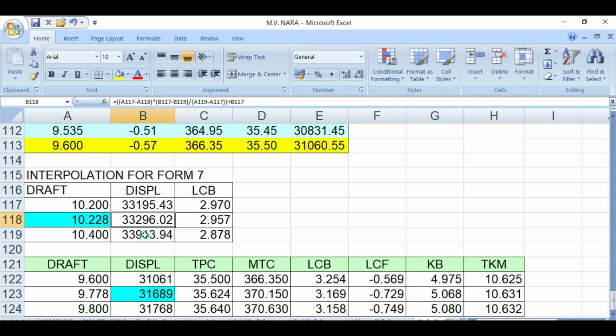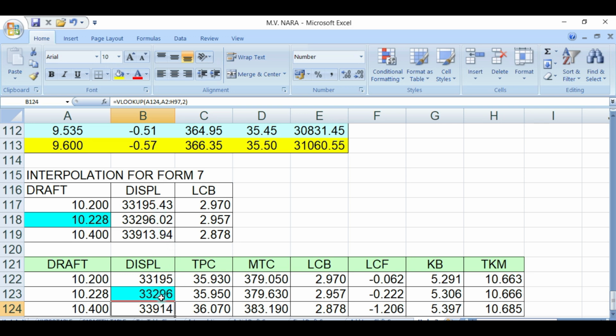Displacement is 33296. So put here 10.228, you will have the same graph and the displacement will be 33296.